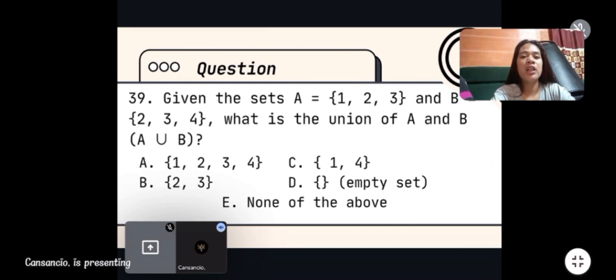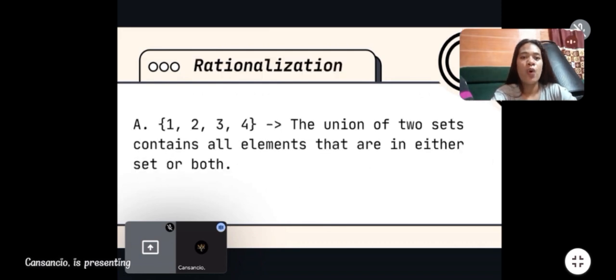A. {1, 2, 3, 4}. B. {2, 3}. C. {1, 4}. D. Empty set. Or letter E. None of the above. So the correct answer of this is letter A, {1, 2, 3, 4}. Because the union of the two sets contains all elements that are in either set or